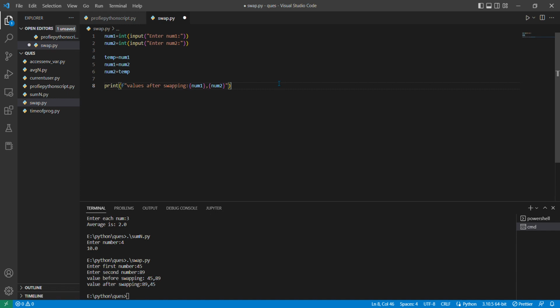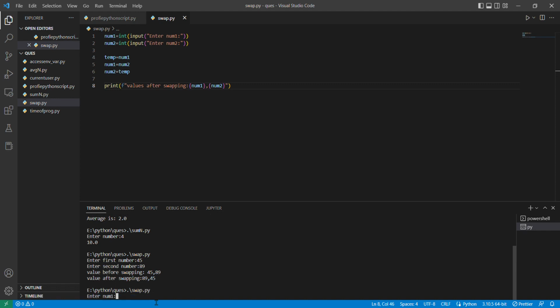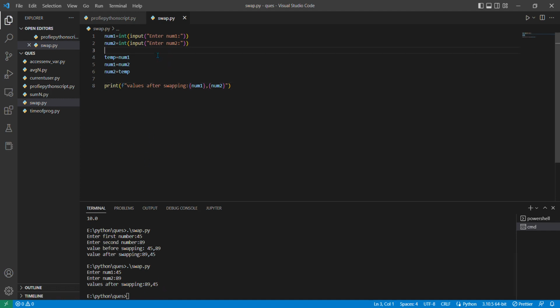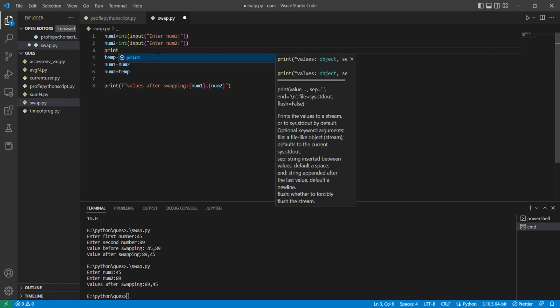We'll check. Enter 45, 59. See, after swapping, we can also present the numbers before swapping, like print